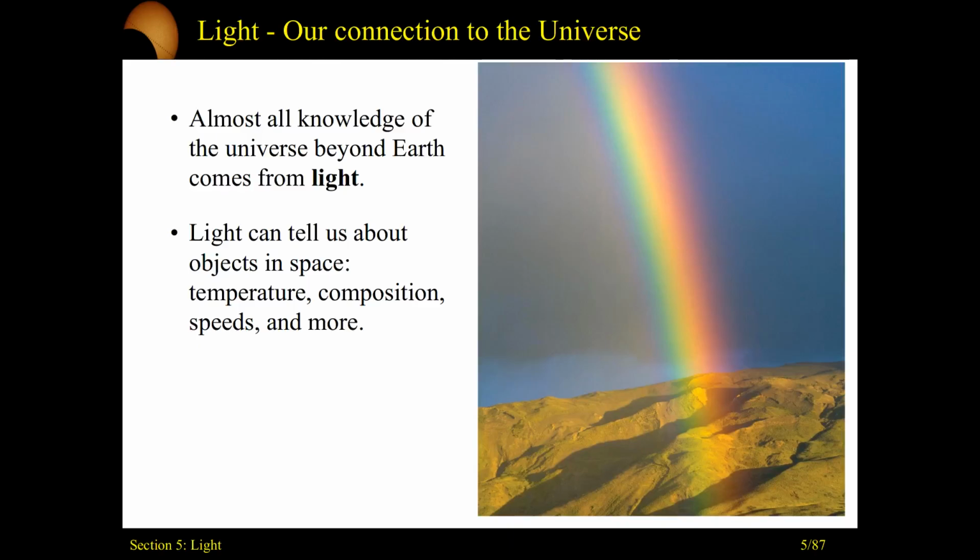Light is our number one tool for studying the universe. Outside of sending objects to our nearest neighbors in the solar system, light is our only method to try and pull out any information. Let's try and put this in perspective. Voyager 1 is currently the furthest man-made object ever. And if we had aimed Voyager 1 at Proxima Centauri, our nearest stellar neighbor, going at the speeds for the time it's moving at now, it would take Voyager 1